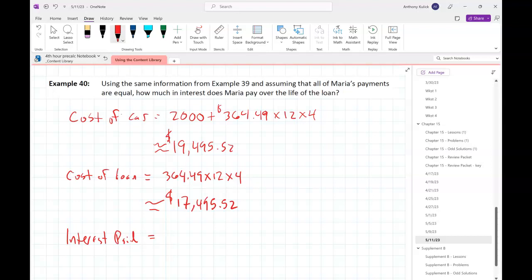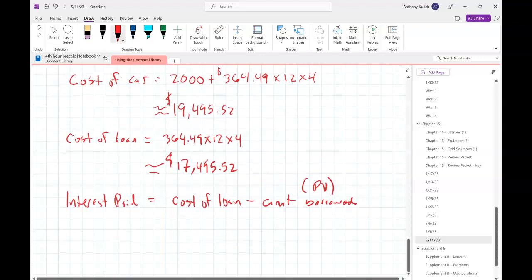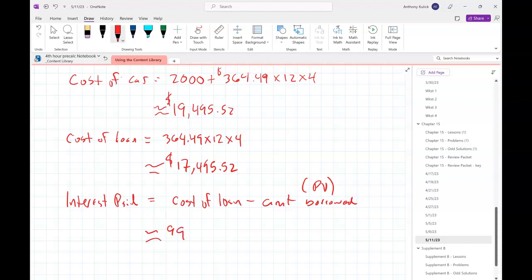So how much did we pay in interest then? It's just going to be the cost of the loan minus the amount borrowed, aka the PV. So when we do that, we get about $995.52,